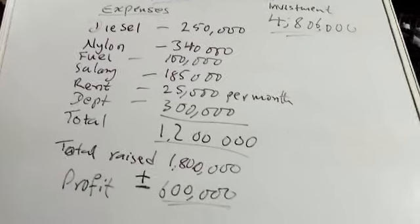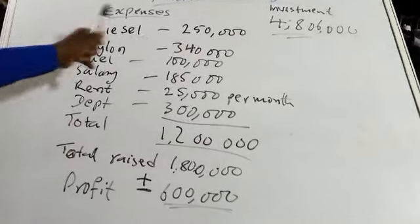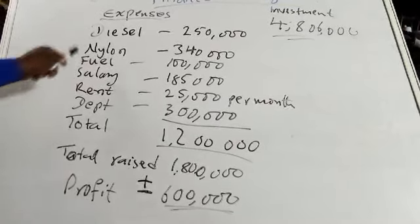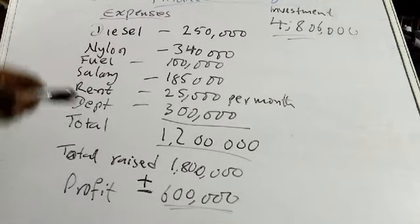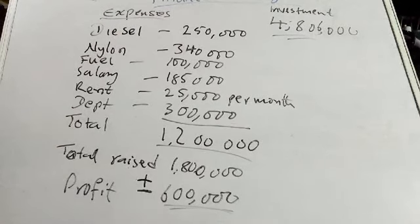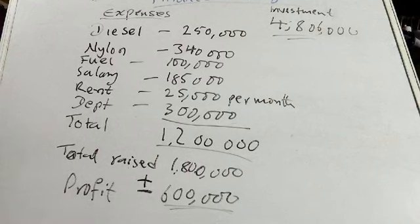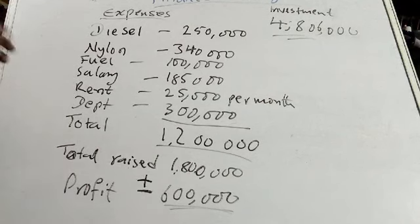Let's take a quick look at the expenses and profitability. Let's assume that we bought diesel for the month 250,000 because we are running it for 4 hours a day. And then the nylon we use in sealing our water, we use 340,000. Let's assume that we spend 100,000 naira in fueling our car. And then we have salary, we have already calculated